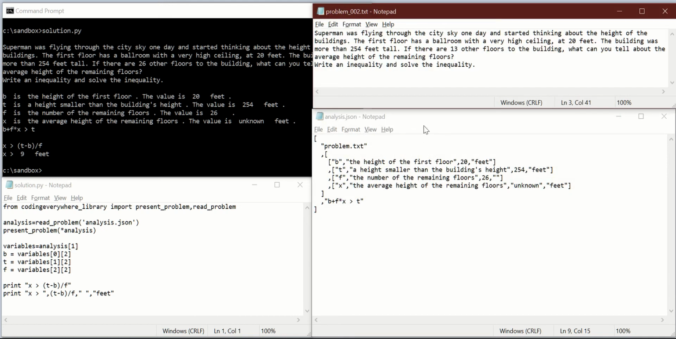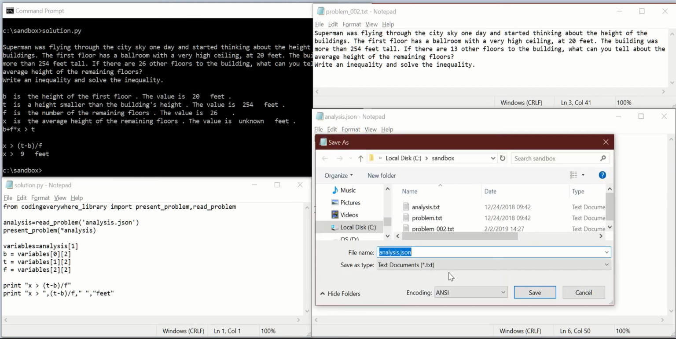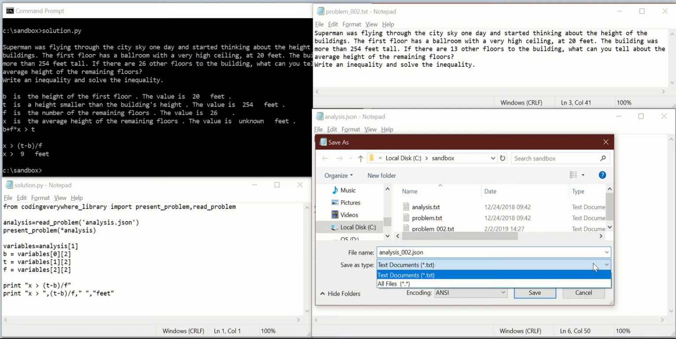Okay, now when I'm in the analysis, my problem is now problem.002.txt. Then we have f, the number of remaining floors, which is 13. Okay, so I'm writing here 13, and this is a new JSON file, so I will save it as analysis 002.json. Okay,